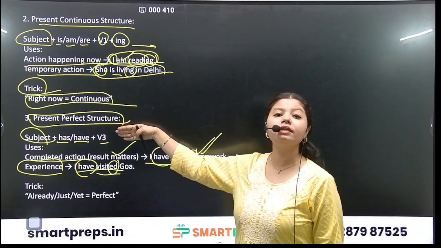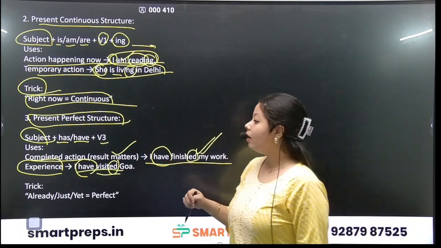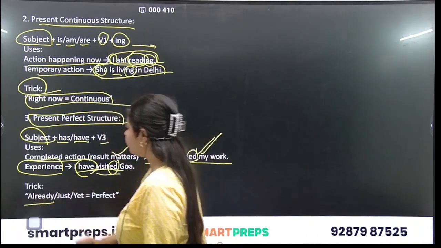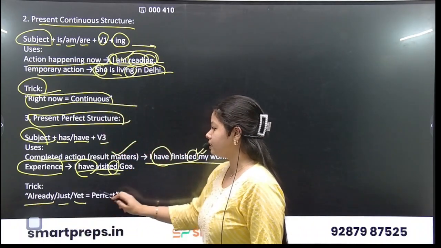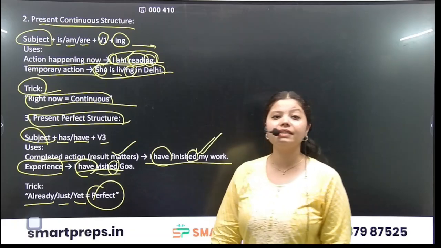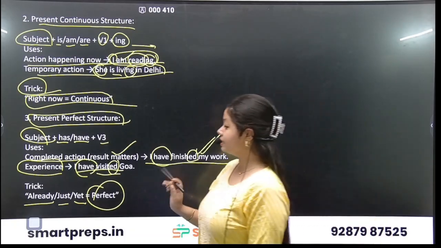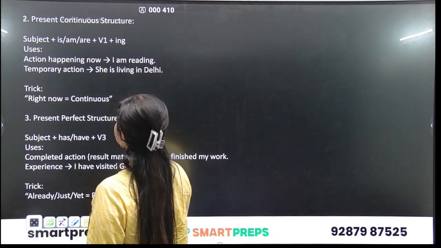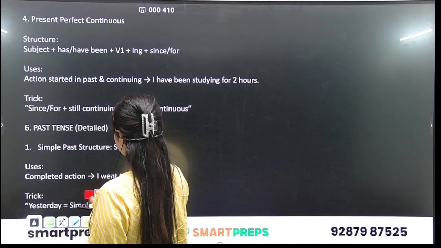So what is the trick? Where will we use this present perfect tense? The trick is that I have already performed it, or just, or yet. That is the present perfect structure. This was type 3 of present tense. Next is